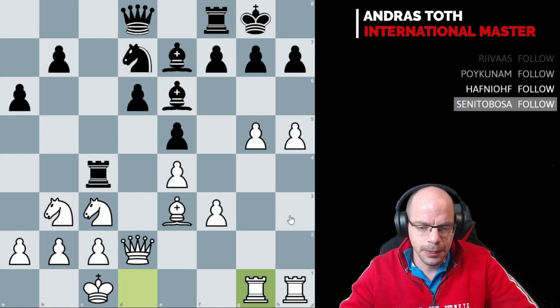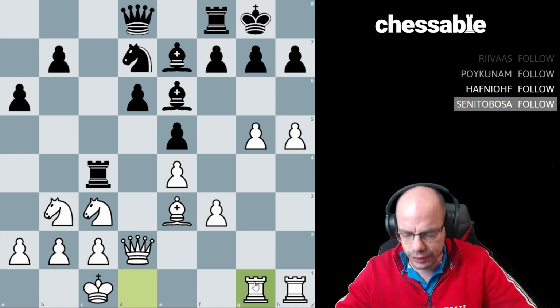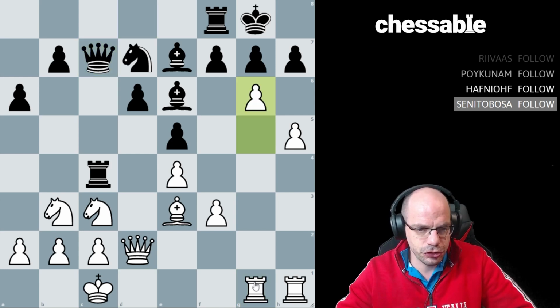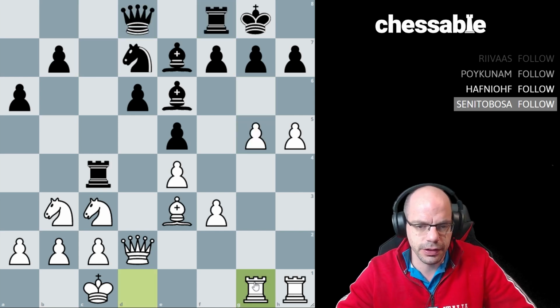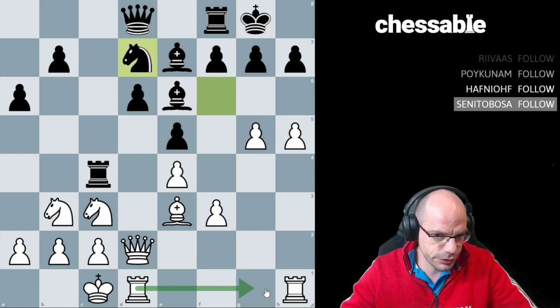Now, in the game, rook g1 was played, and I'm going to explain to you why in a bit, but actually the game itself is going to be the best explanation. They played queen c7, and we played g6. They played rook c8. Actually, I'm lying, the game is not explaining this to you. I think that the reason why he played rook g1 first...